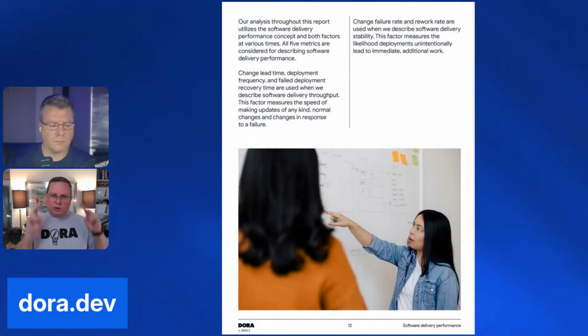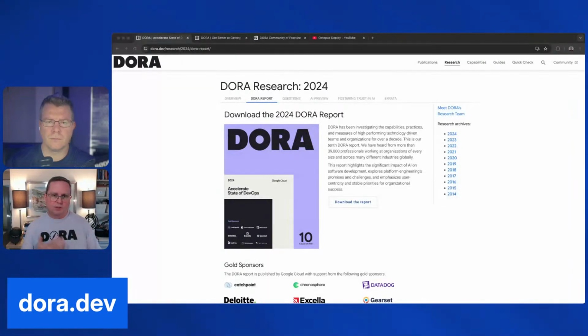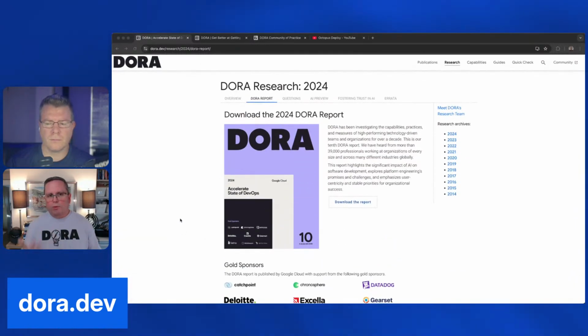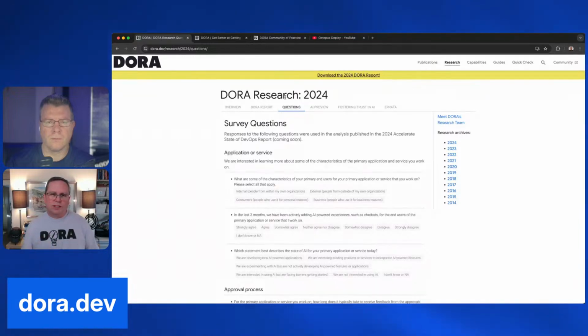So, of course, one of the questions is around how much time are you spending doing valuable work? Well, how do you define value? Well, that's really left up to the survey participant or the respondent. So each and every one of us is going to define value a little bit differently. But we were able to augment this year's surveys with some interviews as well, to really understand and provide better context around some of these answers.